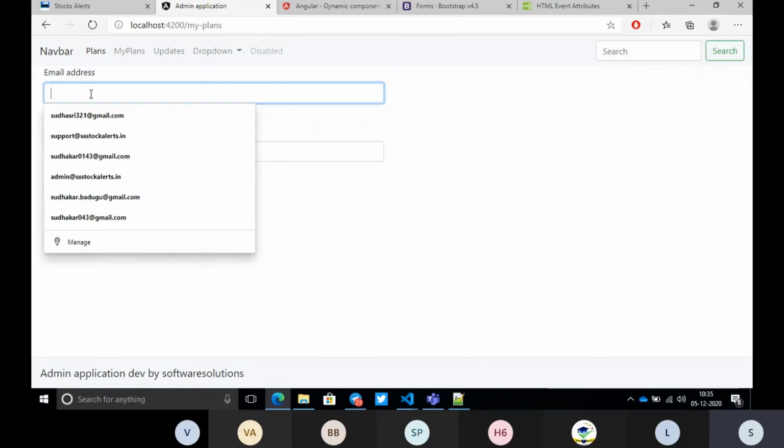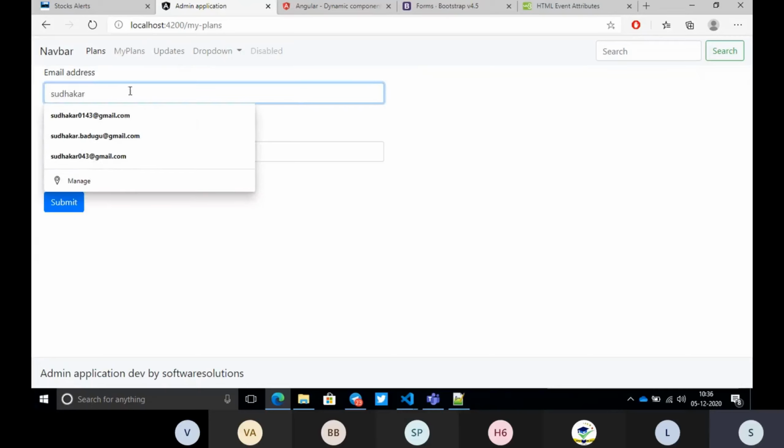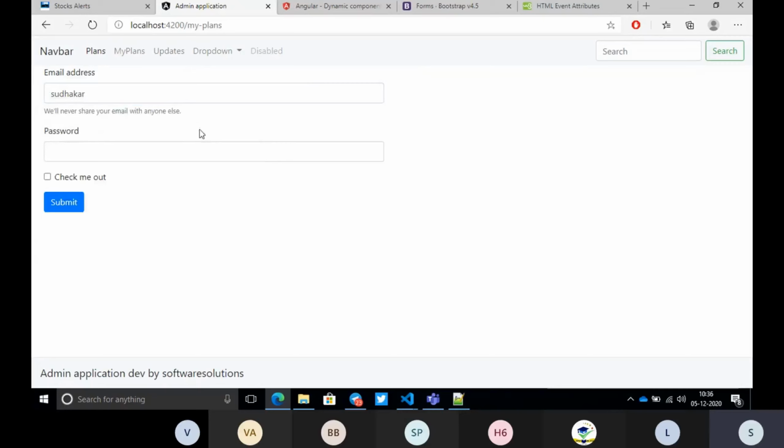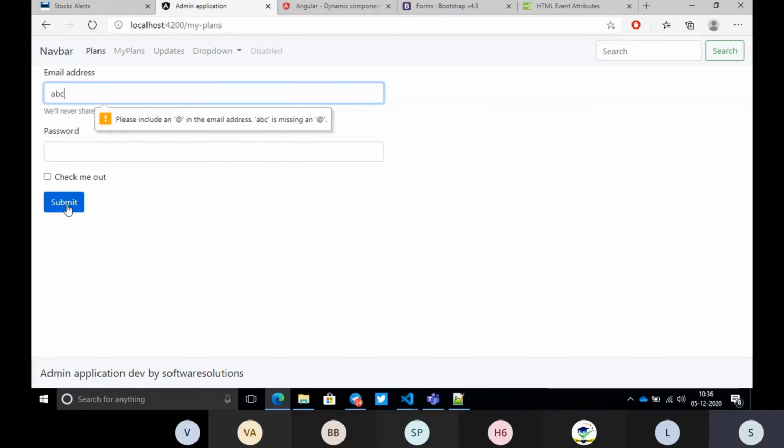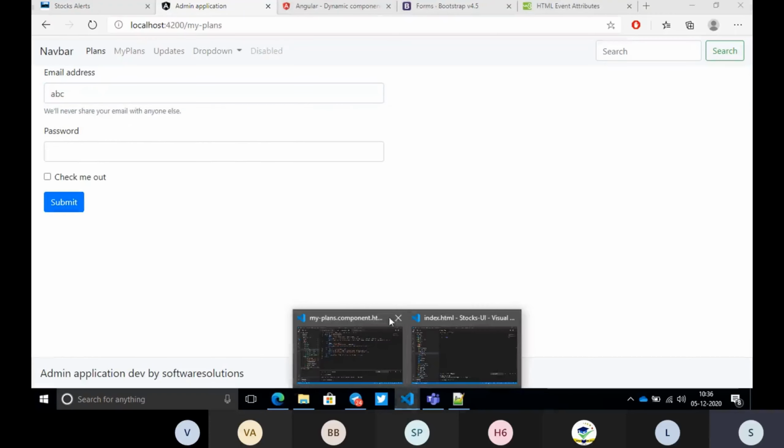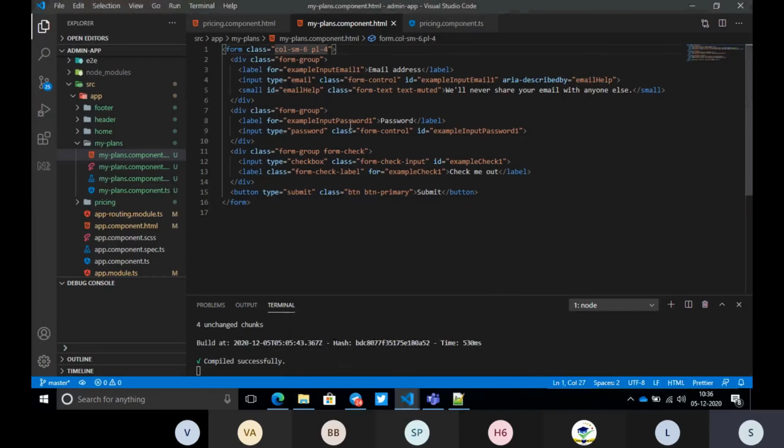Our concentration is how to add, like, I want to type something and display that information. Whatever I'm typing here in this component, I want to display at the bottom, so that you can learn keyboard events. Whenever they're typing something, we want to display it. Earlier we have seen the click events, but now what we want to see is the keyboard events. That's why I'm taking this example, and let me go here.